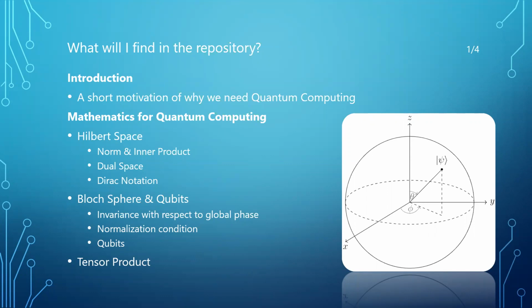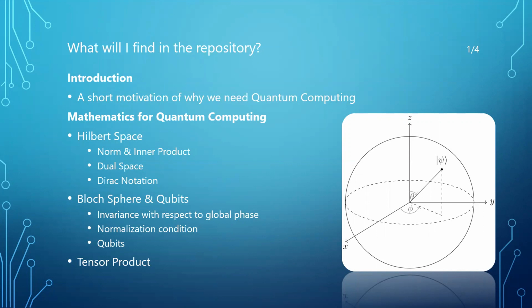In the first section, I give a short introduction, a quick motivation of why we need quantum computing. And then all the core concepts are presented. They will be the basis for all the mathematical development that will be done in all the next sections. Most of these concepts come from linear algebra, as I already explained. So if the reader has not taken a first course on linear algebra, please refer to the great course from Professor Gilbert Strang and the couple of resources I just shared.